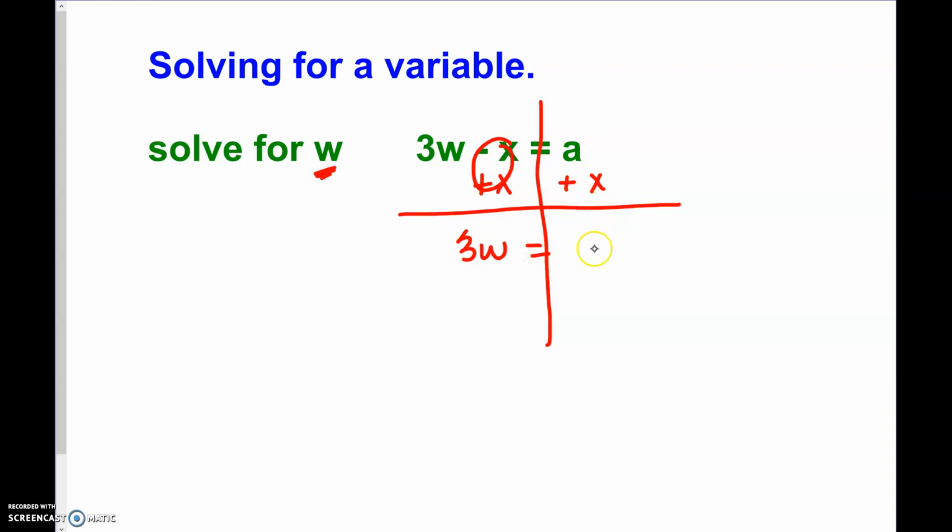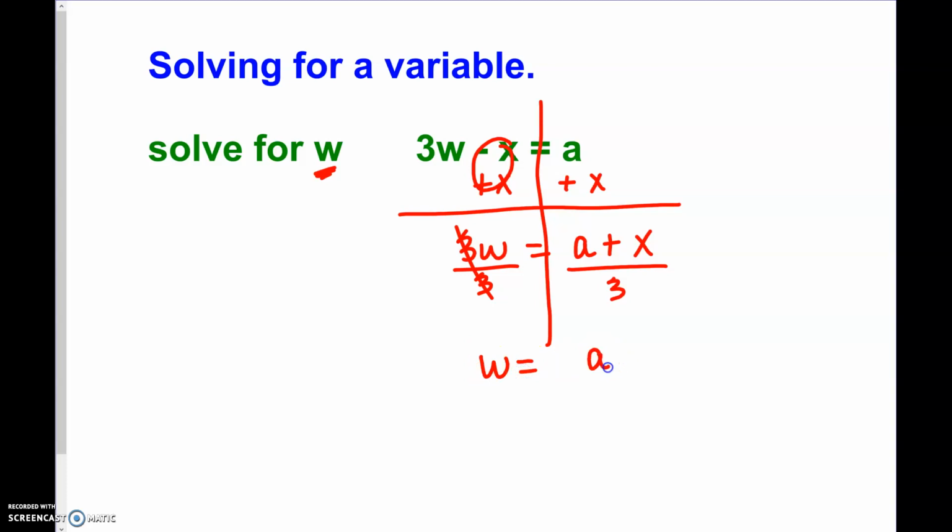Now what we have on the other side is A plus X. All right, we still have a number by the W, and because that says 3 times W, the opposite of times is divide, so I am going to divide both sides by 3. So these 3's cancel out, and I have 1 W, so I'm just going to write that as W equals,